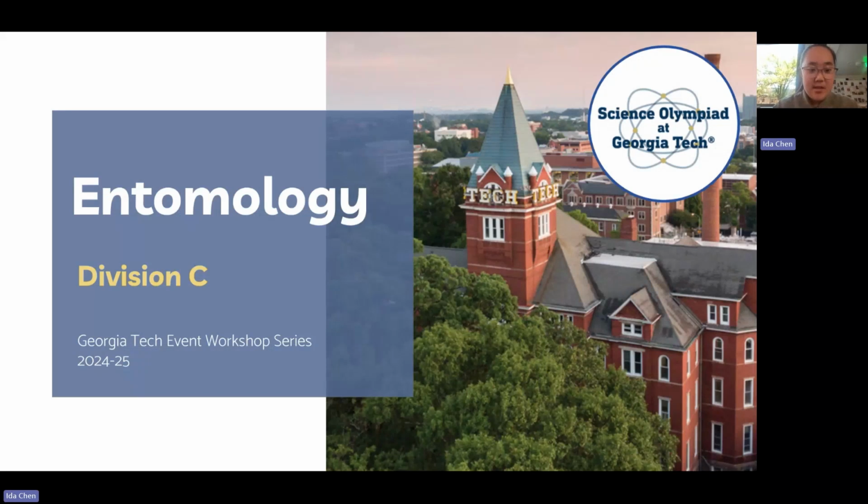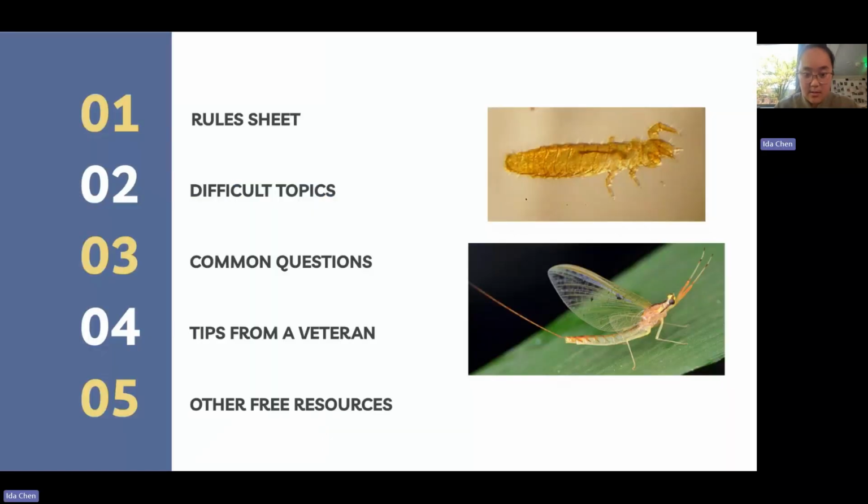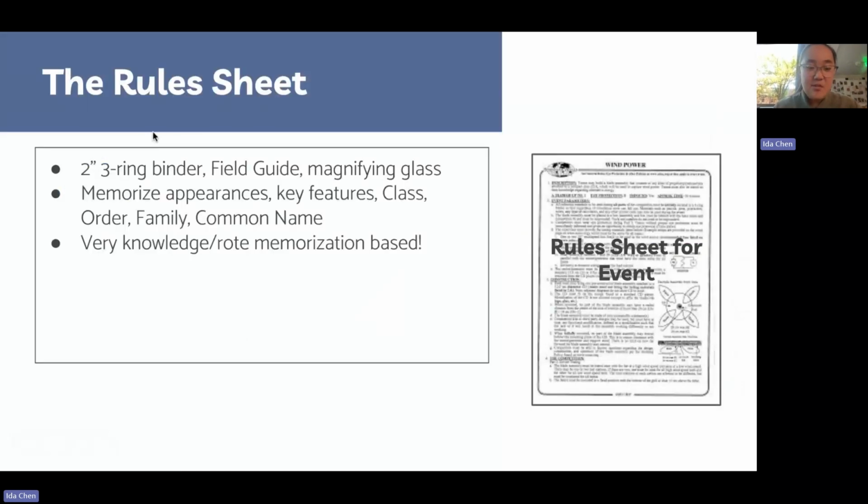Okay, so yeah, this is entomology for division C. This is the original index that Femke, our lovely organizer, has made, but I changed it around slightly. So first for the rules sheet,